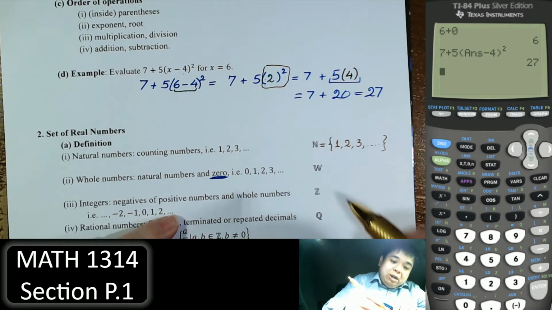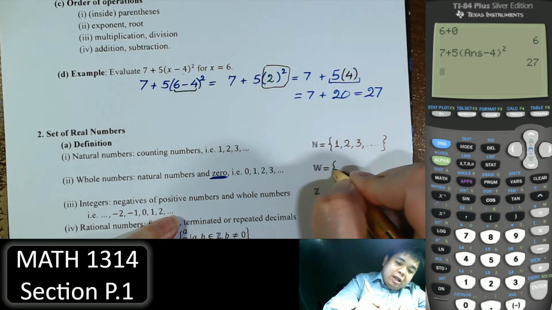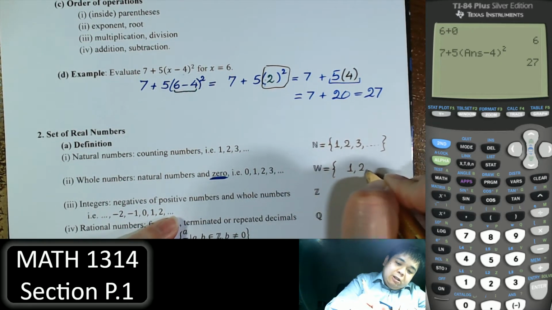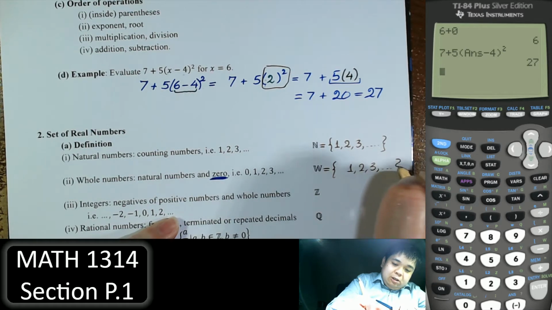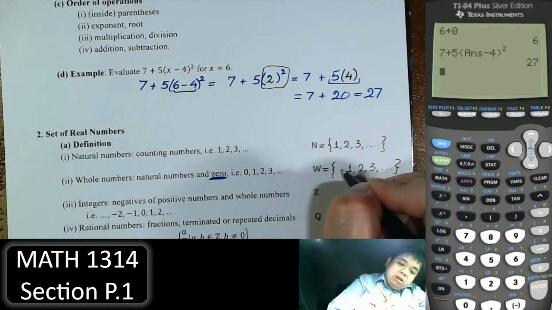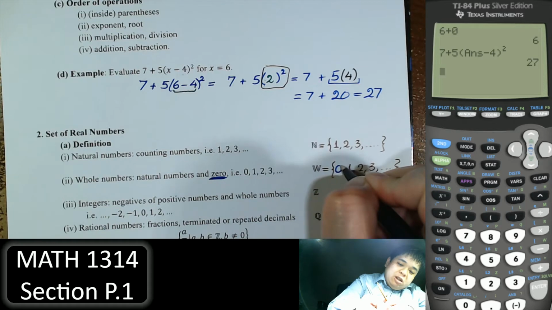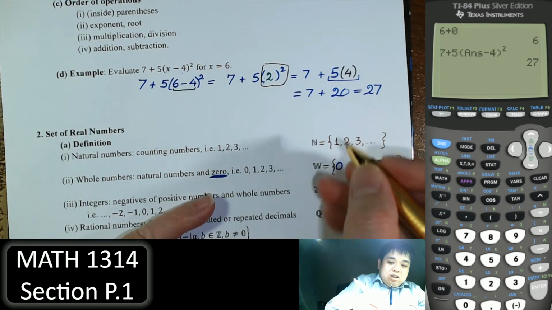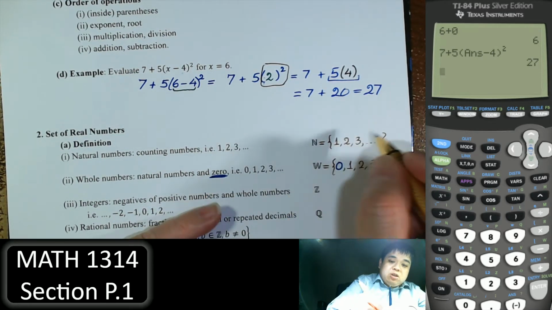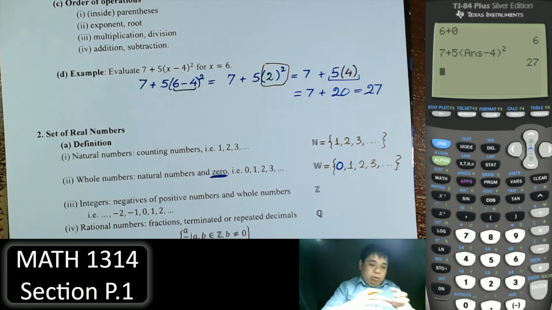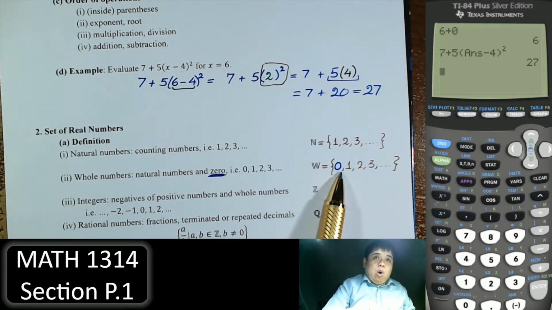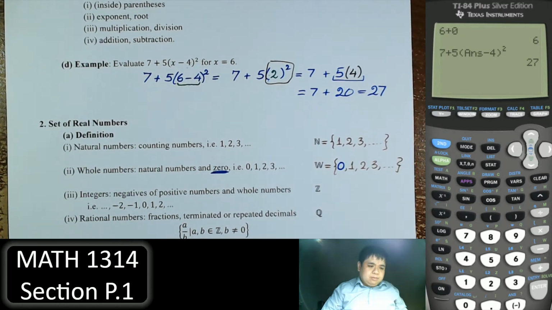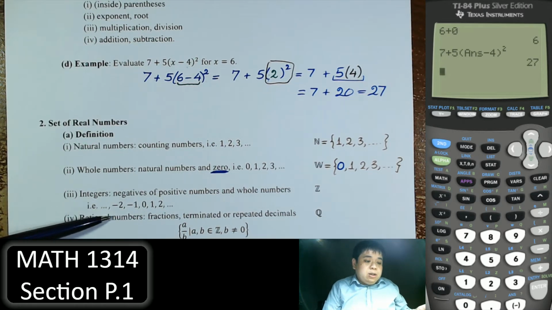So the set will be the same as before, except for the whole numbers, we're going to have the extra number 0 in it. So adding 0 to the natural numbers, we increase the set, or increase the collection, to the whole numbers. Right. Next, when we add all the integers,